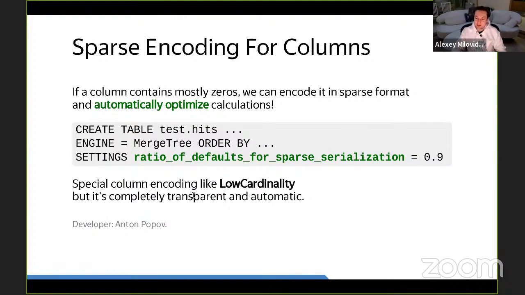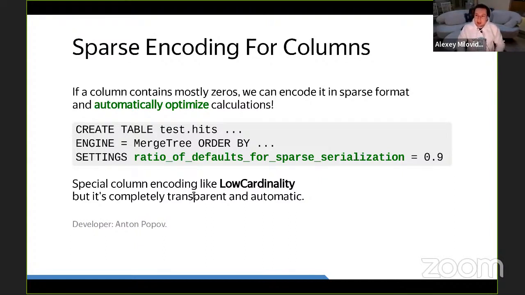What do we have for performance optimizations? Sparse encoding for columns. It is typical that you have multiple columns in your table. ClickHouse is a column-oriented database, and you don't have to worry if you have hundreds of columns, sometimes even thousands of columns.